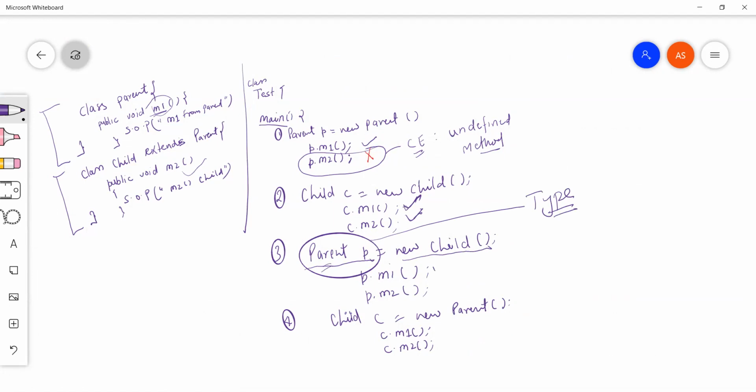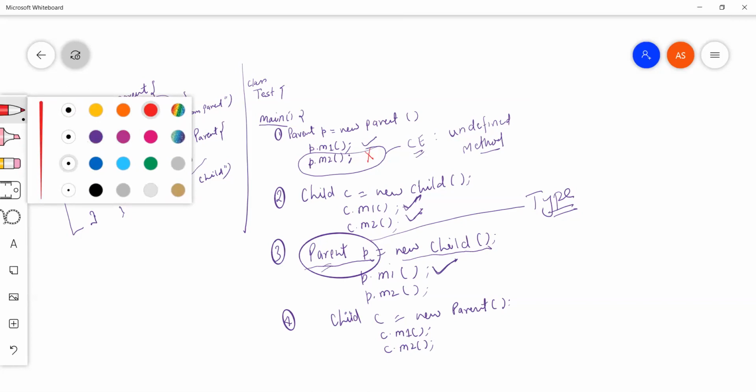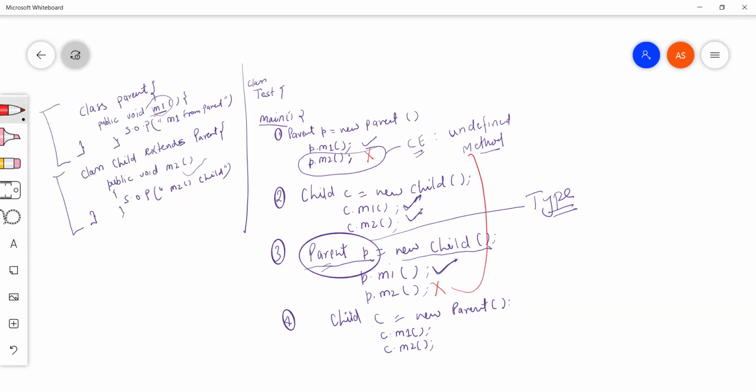Yes, then it is perfectly valid. Now P.M2. Do we have the M2 method in the parent class? No. Then it is the same problem: undefined method, or we'll get a compilation error saying cannot find symbol method M2, location class parent.